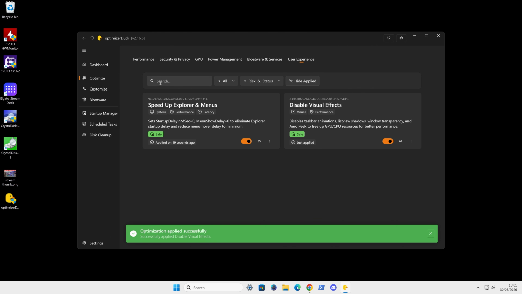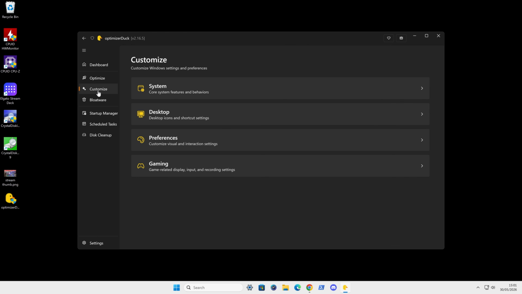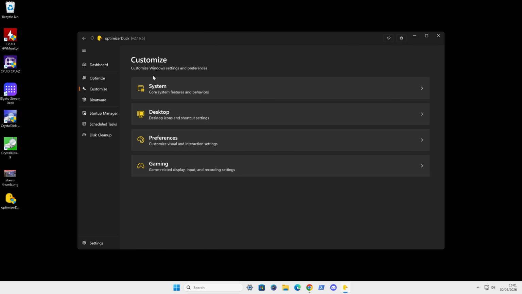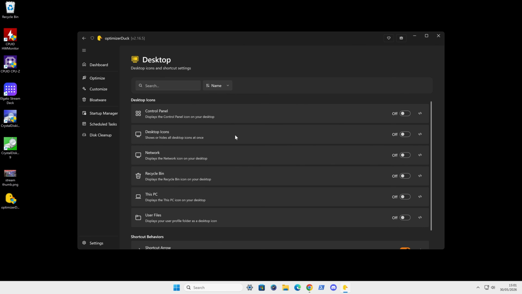So again, that's pretty much what you can do there. If you go into customize, then you've got other sections. So you've got the system section. So numlock on boot, yeah, I do like to have that on. So yeah, that's fine. On desktop, you've got more options. So you've got the control panel. So if you want to have control panel displayed on your desktop,